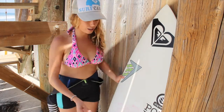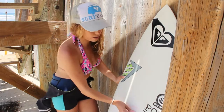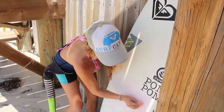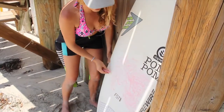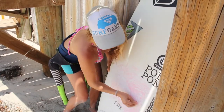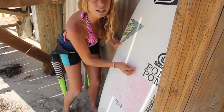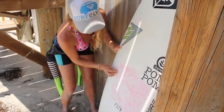You can either do X's, or some people like to do the circular motion, so you just press lightly and get a nice layer on there. Some people use base coat, but I used to and I don't use it anymore. I've never really missed using it or felt like there's a difference, but if you want to use base coat, that's fine too. Some people think it's a good first layer of wax,